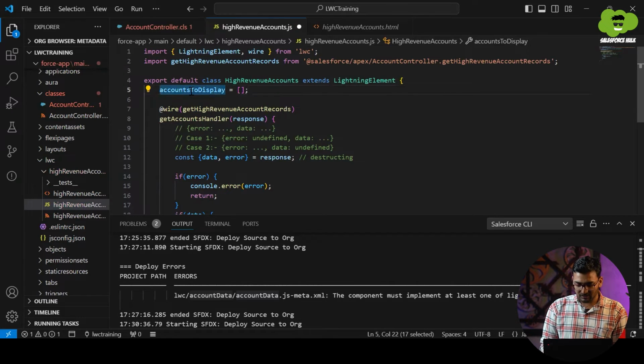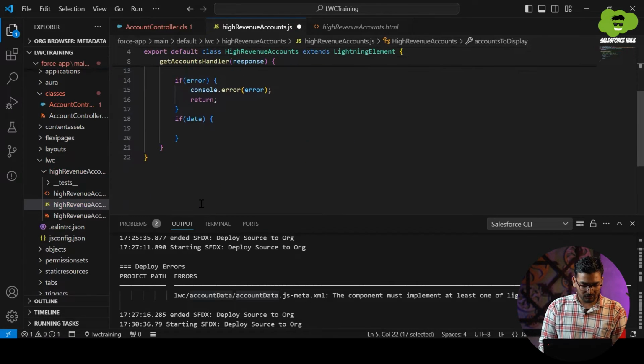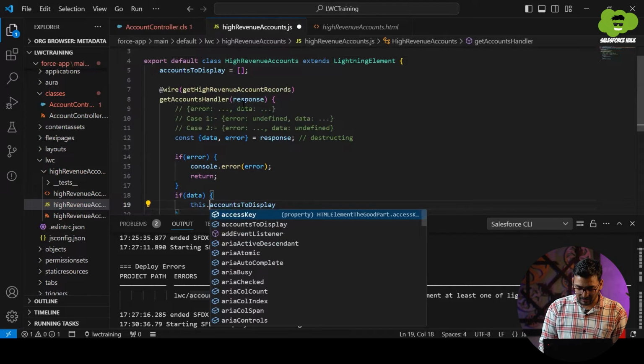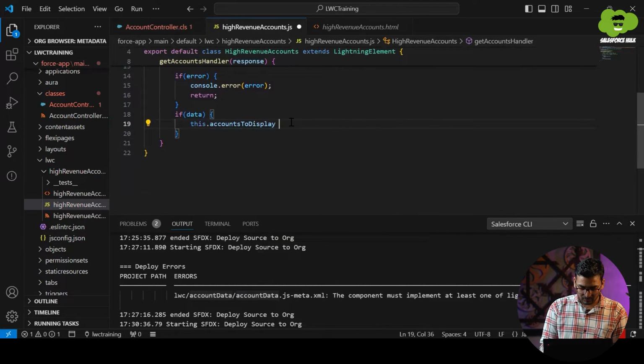Make sure you initialize it. It reduces the risk of errors. And then if we are getting the data inside this handler, in that case, that data will be assigned to this property. I hope it is clear till now.